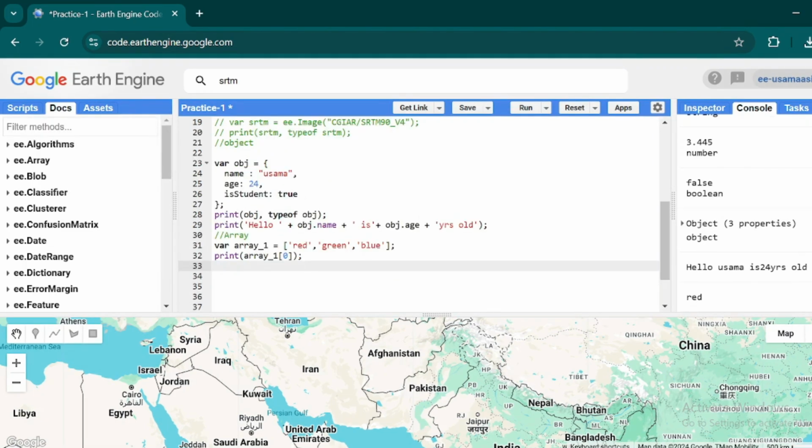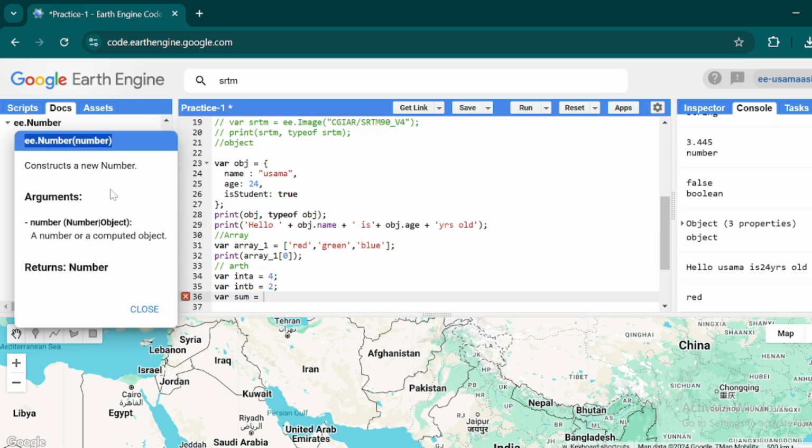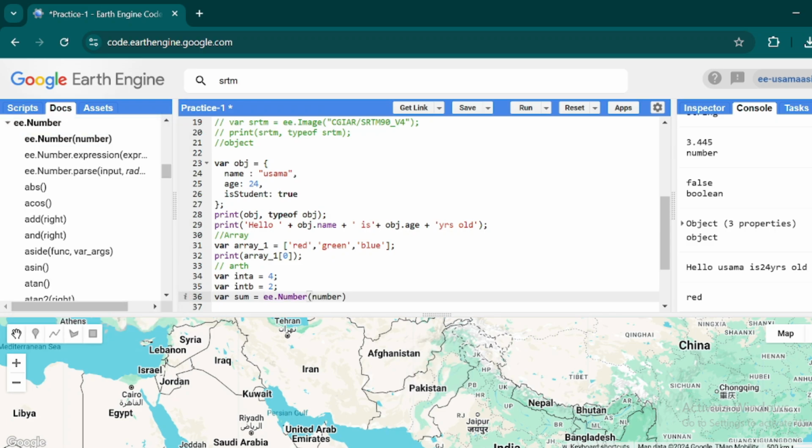Now we will see how you can do arithmetic operations in Google Earth Engine. So let's say a variable named int a is equal to 4, and then a variable named int b is equal to 2. And let's say a variable sum is equal to ee.Number. Just copy this one and paste it over here.